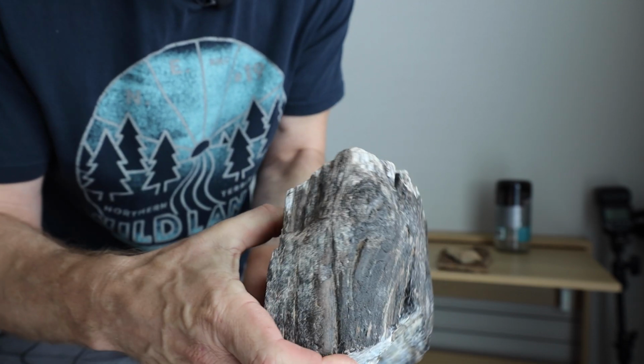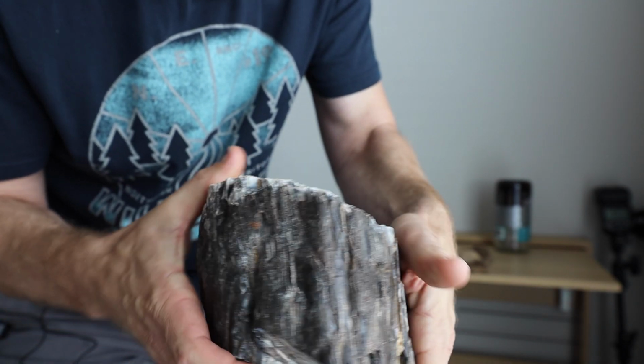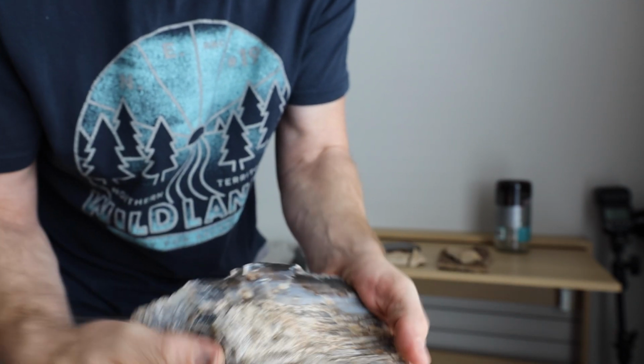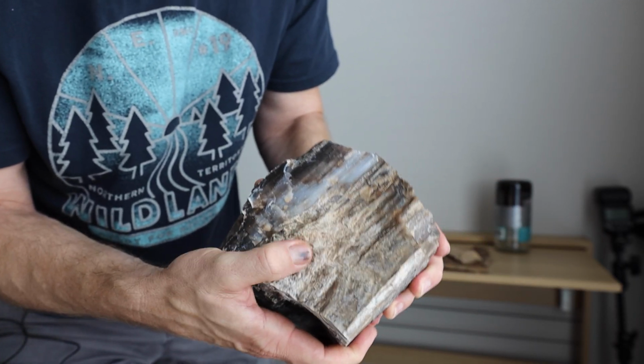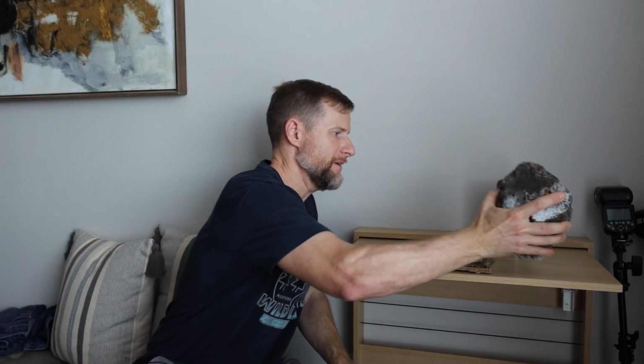Man, it is just really cool. I love this piece of petrified wood. You can see the knots in it right here. Okay, so this is my favorite piece right here, but